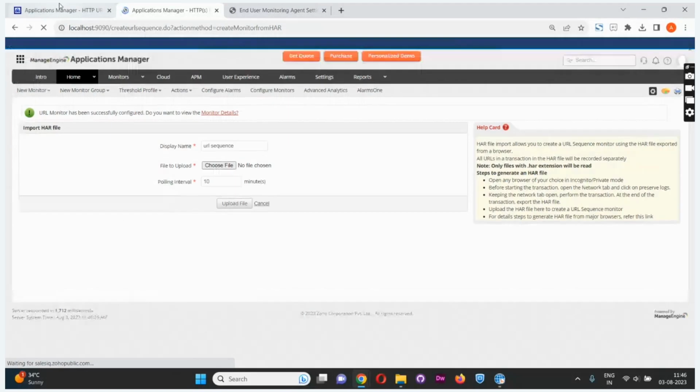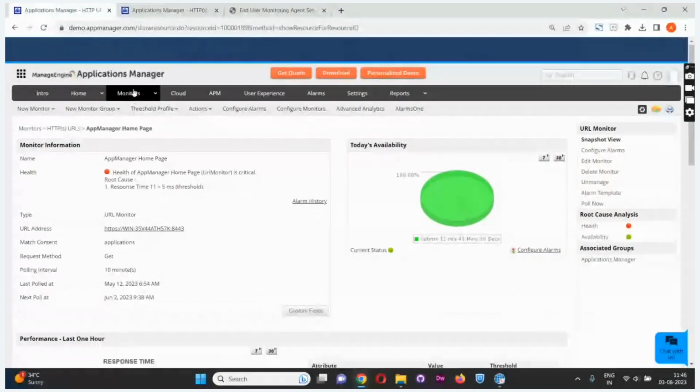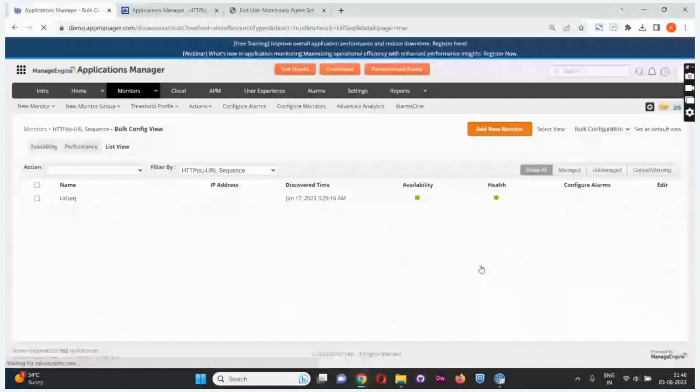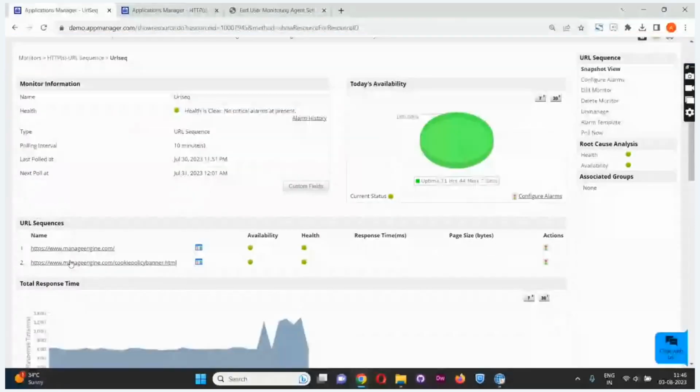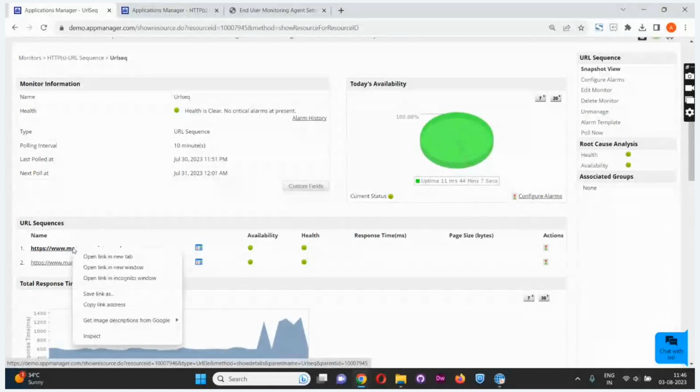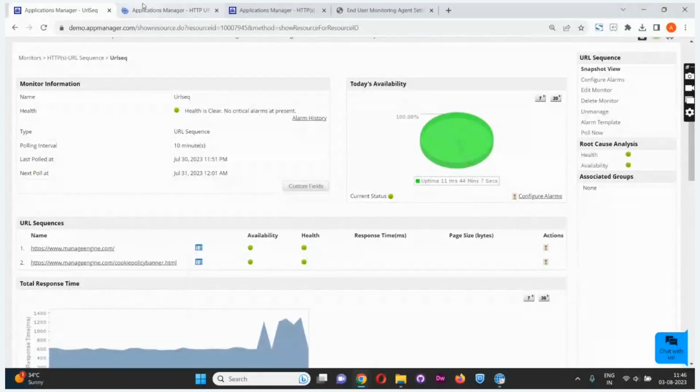After you've added the monitor, you can go to Monitors and URL sequence, record and playback. Here, you will be able to monitor the information such as the sequences performed in the specific time. So inside the sequence, you will be able to view the details for each of the URL. So this is the URL